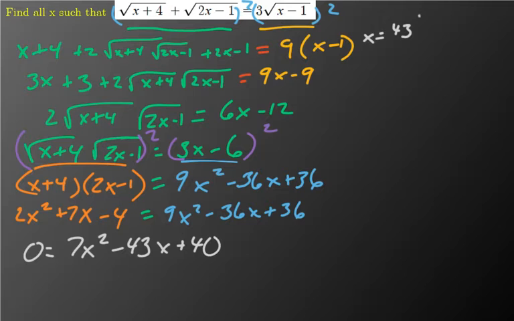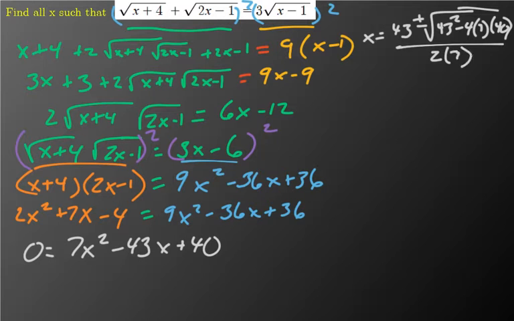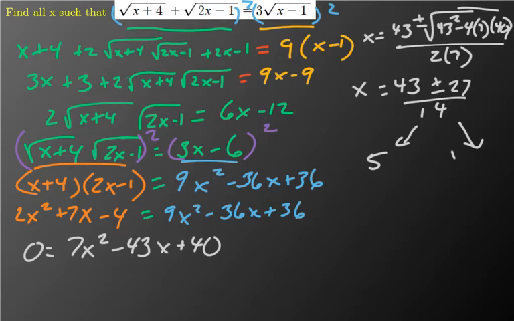So negative b plus or minus the square root of b squared minus 4ac, right? All over 2 times 7. And if you do that out, I'm not going to show all that work because we've done that so many times here. You get 43 plus or minus 27 over 14. And one of those is 5, and the other is 16 over 14. And so, after all of that work, you probably just want to go and circle these answers